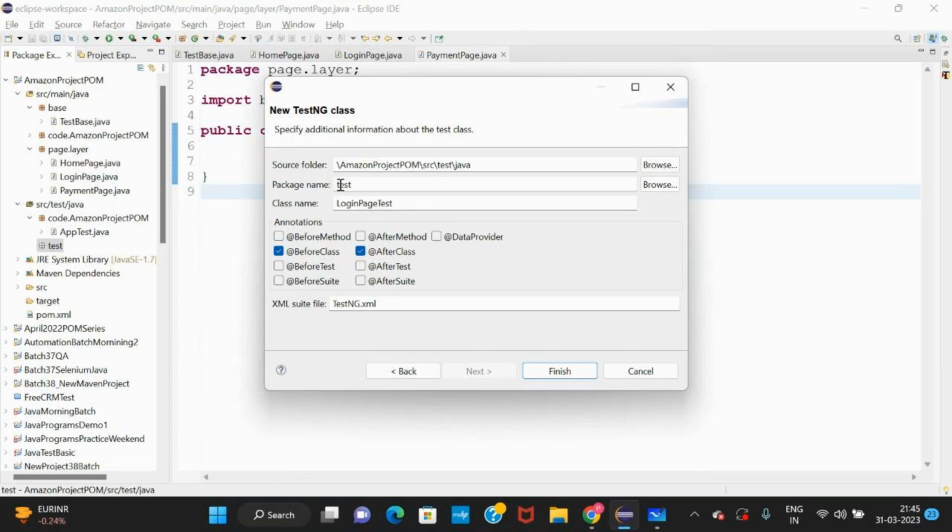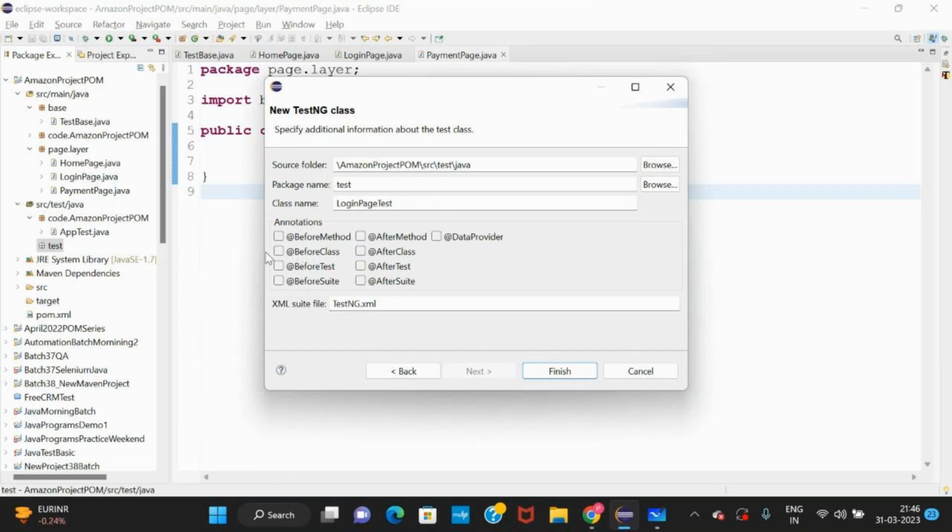Whatever is available in that class is executed using before class and after class. So if you need these annotations, take them, otherwise don't take them. If you don't need any, no annotations is also fine, you will have only the test annotation.